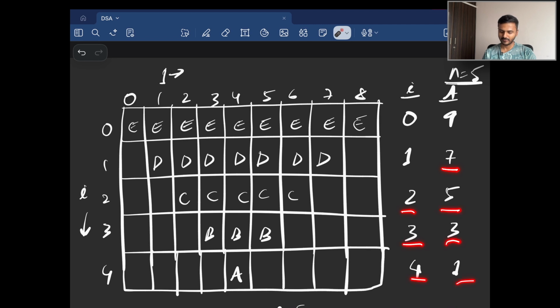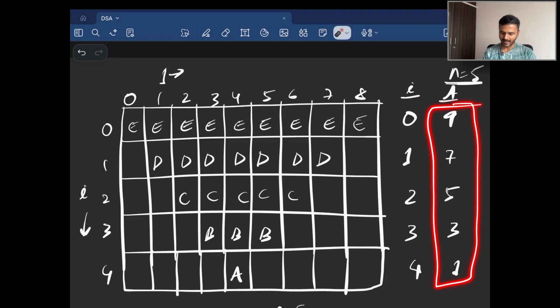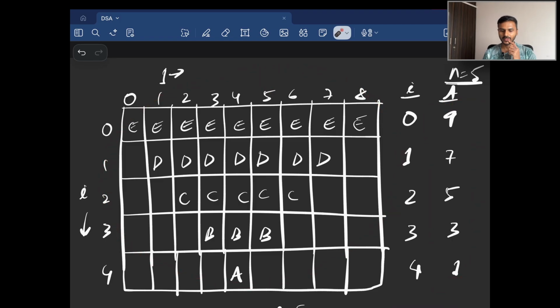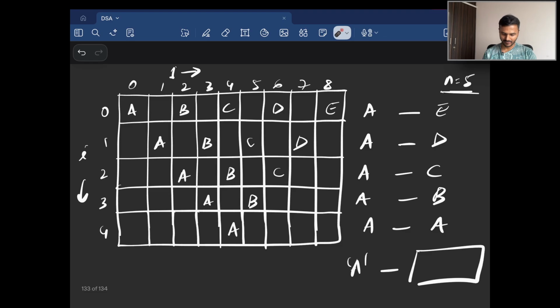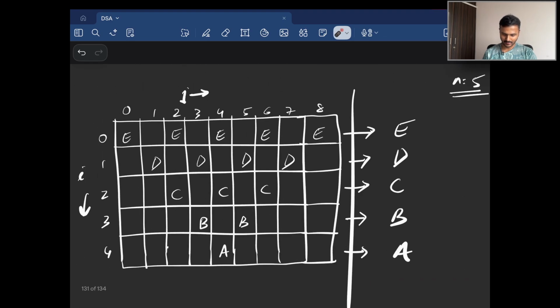2, 5, 3, 3, and 4, 1, right? So we can keep this intact and use it to solve this question. The only thing that we would need to determine is the letter that we are supposed to print in that row, right? And for that, if we take a look at this question that we had solved, we would notice